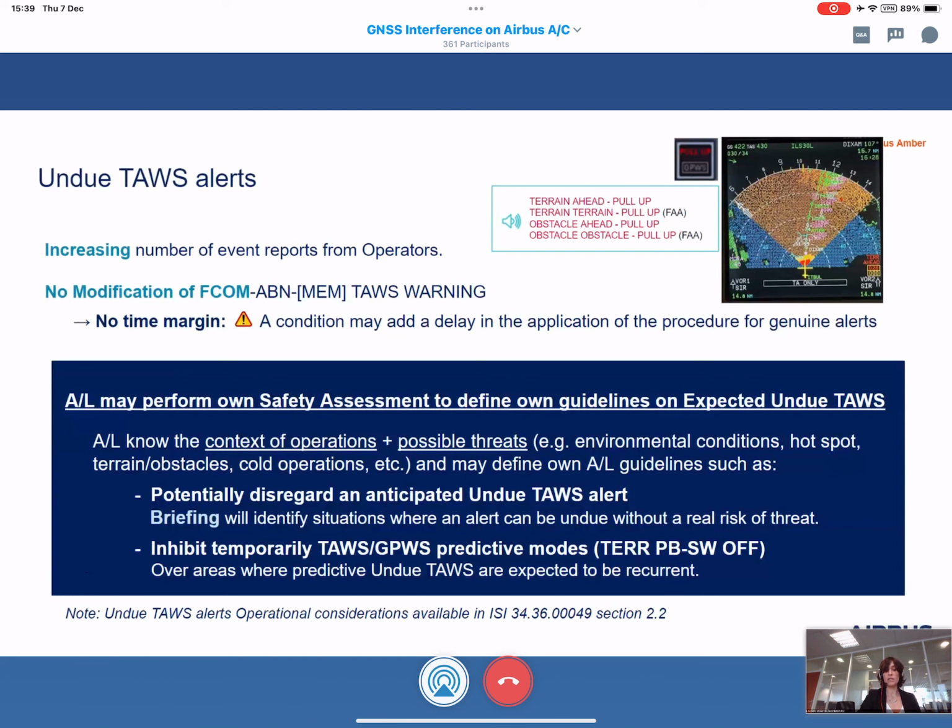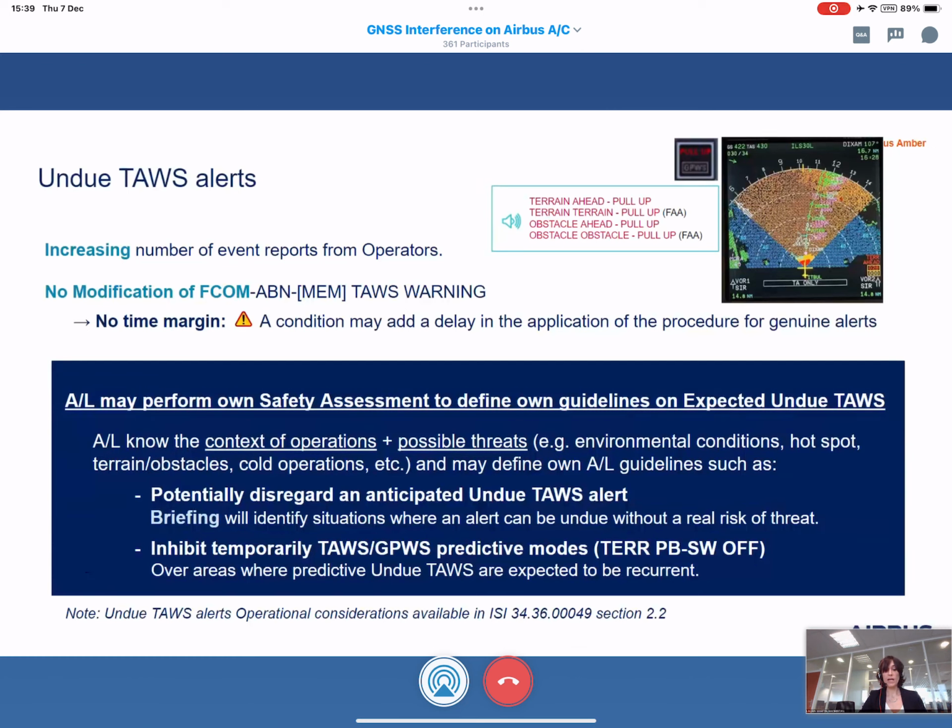For example, the departure, cruise and approach operations, lateral, vertical positions, cold weather operations, clear knowledge of the environmental conditions and the terrain conditions, to clearly identify areas within the routes where TAWS alert can only be undue without any risk of genuine terrain or obstacle threat.